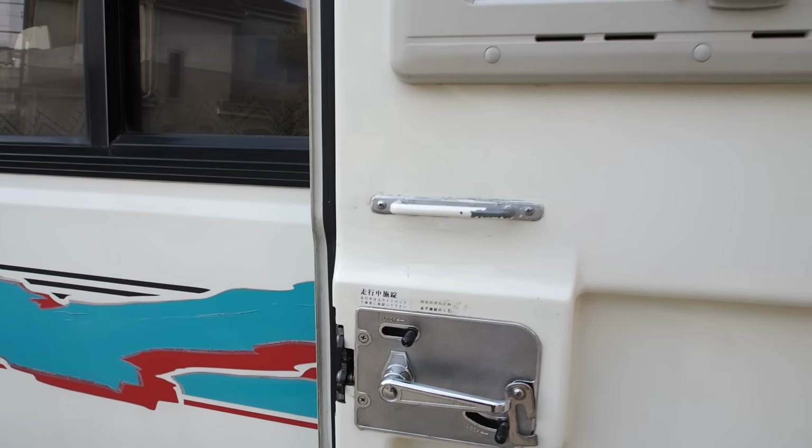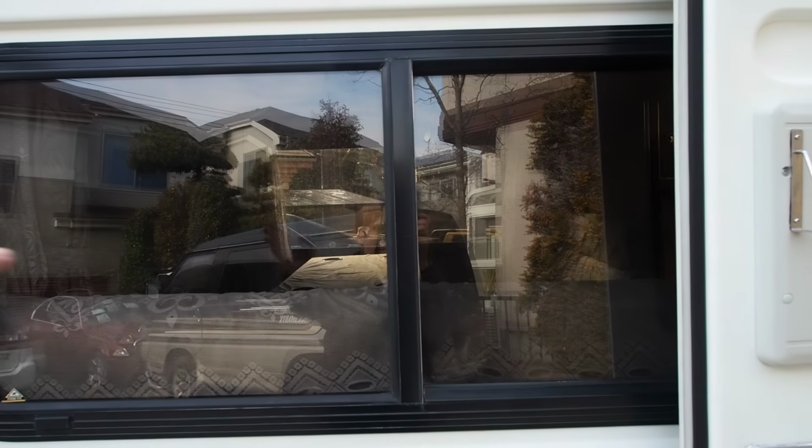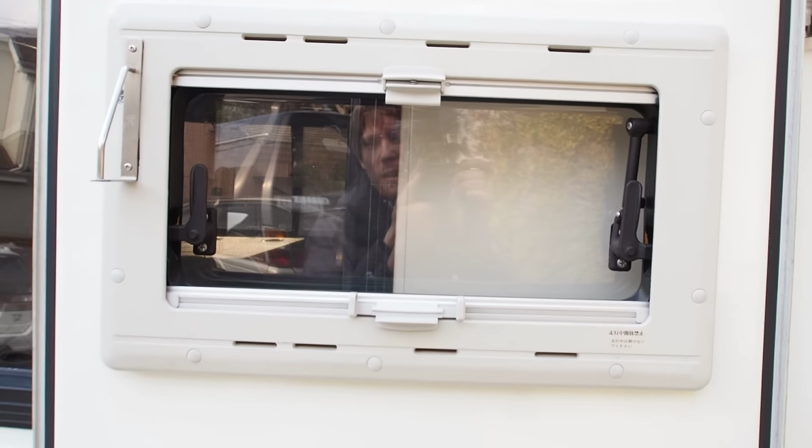Now there are two types of windows in it. There are the big windows here, like a regular window. They can slide open both ways, I believe. Nope, they slide open only one way. And so this one here opens, has a bug screen in it, and then it has a bunch of windows that look like this, which have